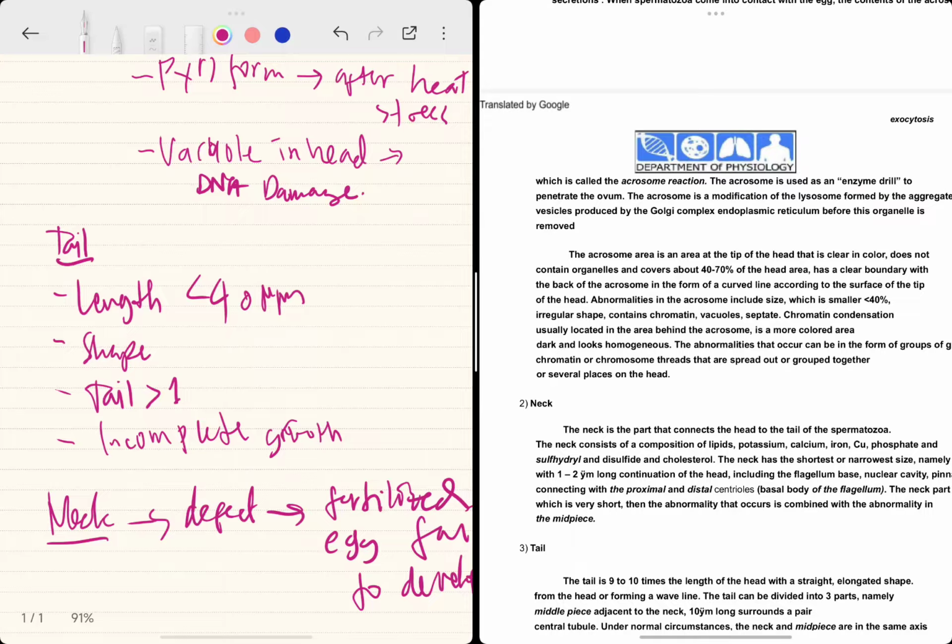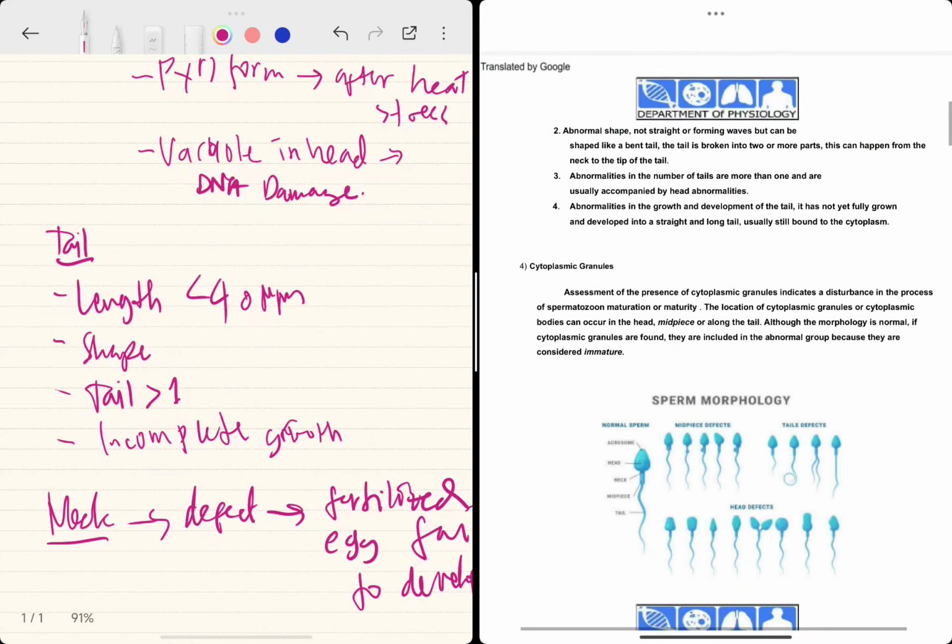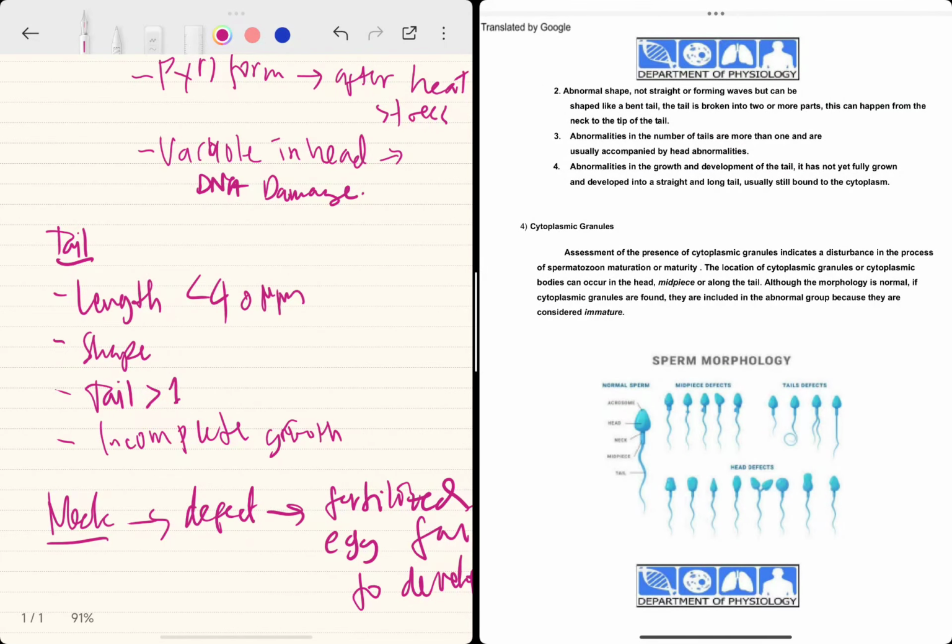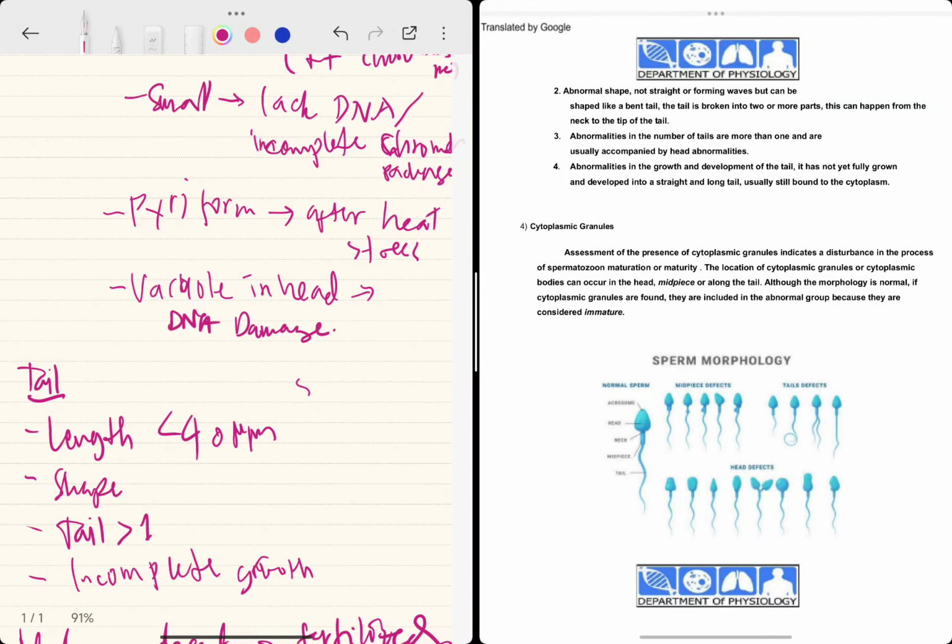And then I think I need to add also, if there are tail defects, like if they are stiff or have a coiled tail, that is usually because of cold shock, or abnormal pH, and then the epididymis